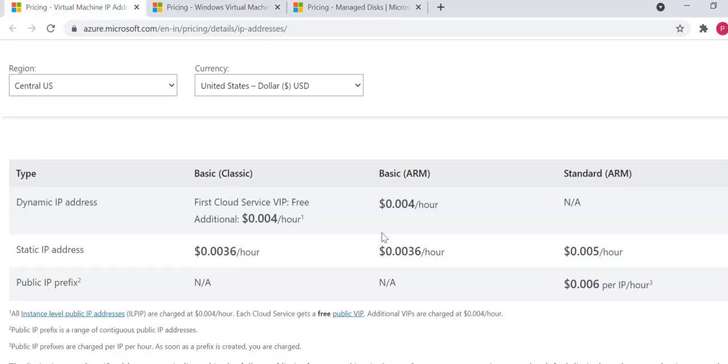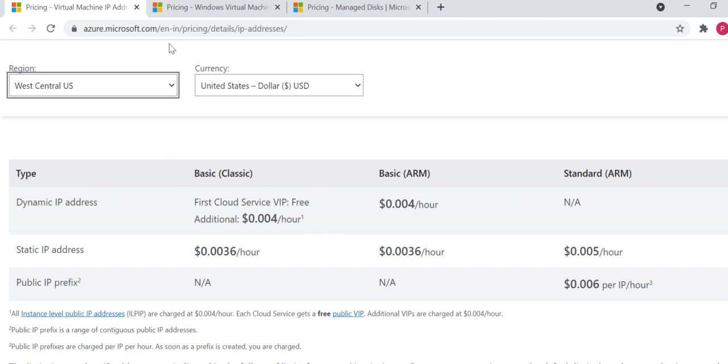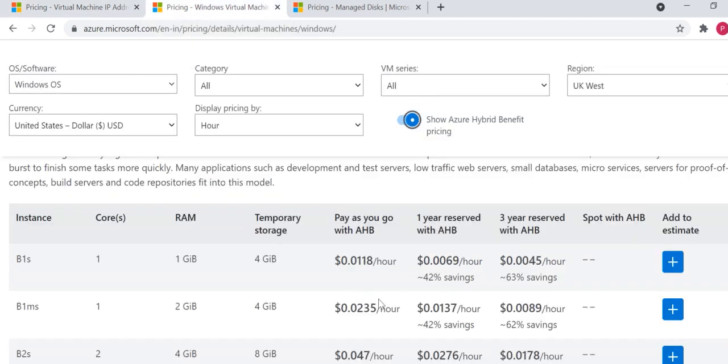So that pricing we can check here. So again this pricing is different for different regions. Here you can see it is charged per hour for IP address. Here also it is charged on per hour basis.